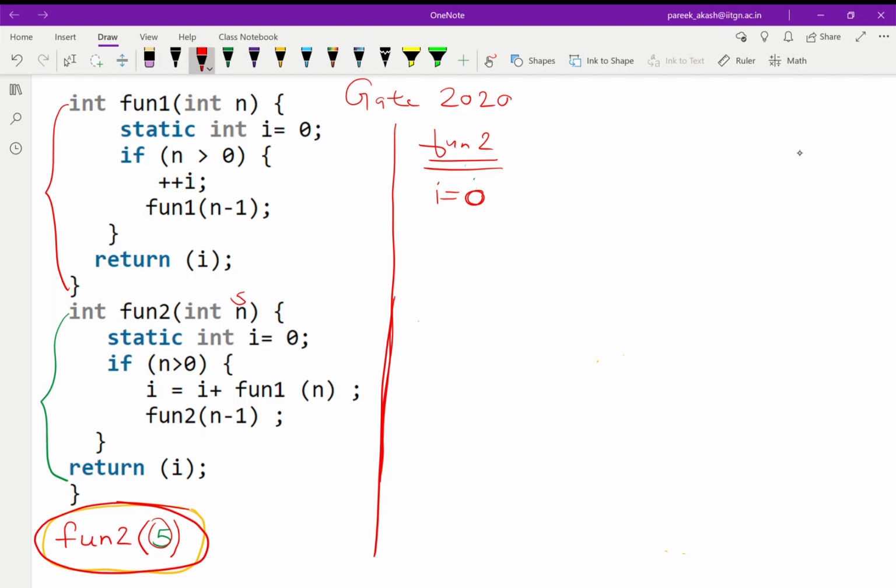Now we see this line: if n is greater than 0, yes, 5 is greater than 0, then what we are doing is i equals i, that means 0, plus fun1. So it is calling another function, fun1. Let us write fun1 this side. The value it is giving to fun1 is n, that is 5, so fun1 is called with 5.